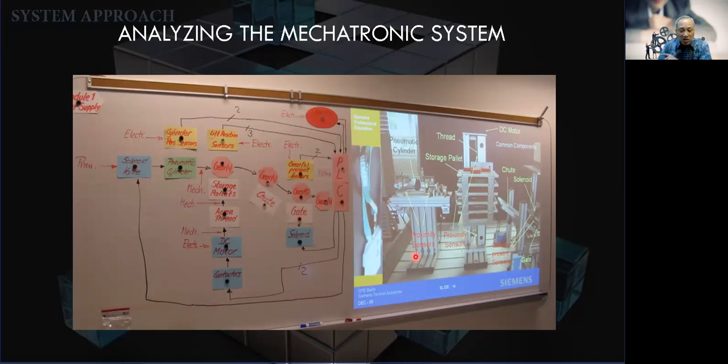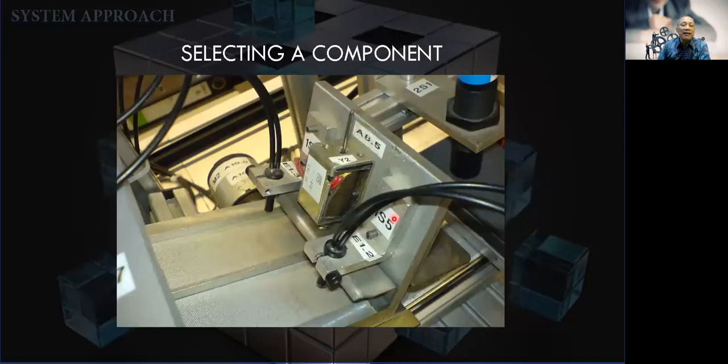Before we go to each one, after the system is modularized, in a module there are some characteristics that we can see in a bit more detail. Then we go to select a component. Now let me choose a solenoid. The solenoid is where we stop. This is the chute. The chute is where the gear component will go down and then be stopped by this solenoid stopper. Let's look at the component. This is when we want to actually study the solenoid. How does it work? We know from the system approach.